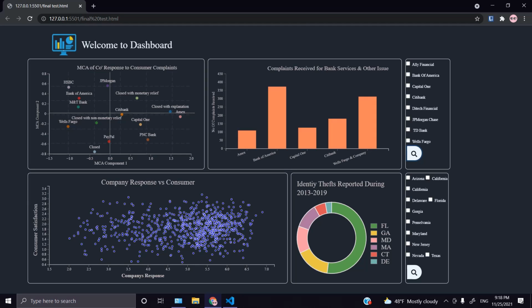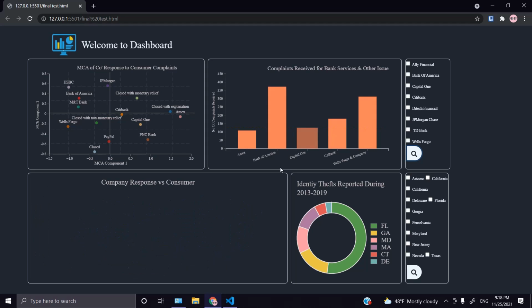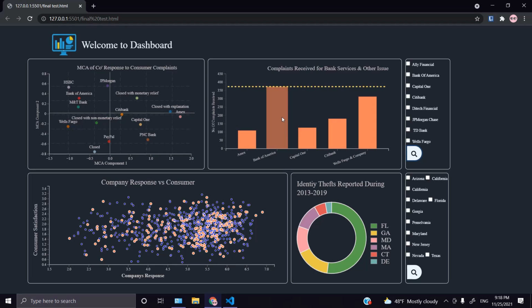to have their complaints closed, just closed, and non-monetary relief, which could mean that they are not really worried about their customer service. We can also look at our data and see where they stand. For Capital One, we have an idea that their customer level is not happy. So in conjunction with MCA, we can get an insight into what the customers are experiencing,